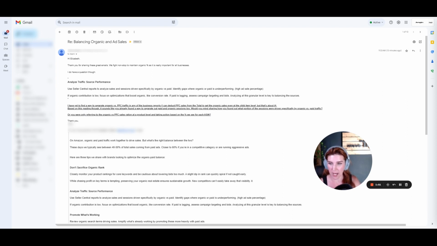But the question was, some of the wording kind of insinuated that we had figured out a way to assess the actual traffic sources, meaning not only how much sales is coming from organic versus total sales, but how much actual traffic is coming to the listing. So I did want to get into the differences in the data sources, being the business reports and your ad data, and that's going to flow into the next point on why calculating ad sale percentage on an individual child ASIN in multivariation listings is going to be problematic.